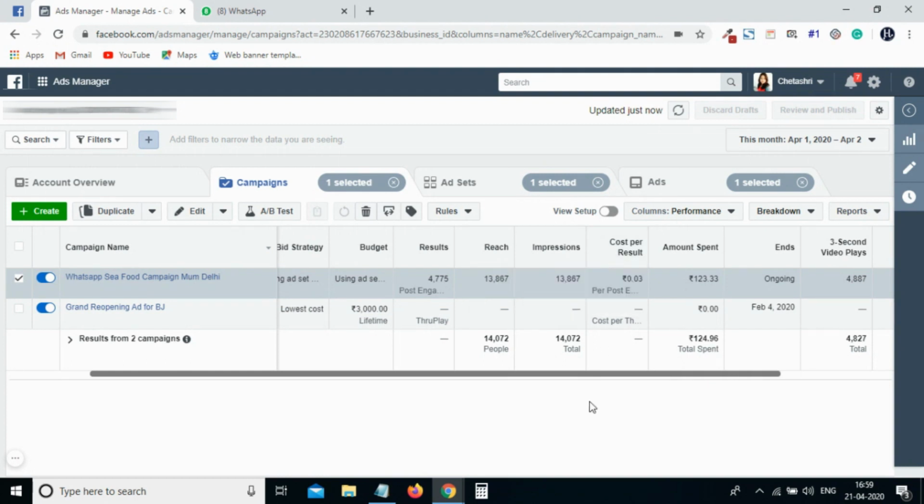So how much it's charging me for one engagement, and it's a very minimum amount. And right now I have spent 123.33 rupees on this ad, and I have got more than 25 inquiries from yesterday. I ran this campaign yesterday, and from there I have got 25 inquiries. So you can see how I have created the lead generation campaign with the help of the engagement objective.